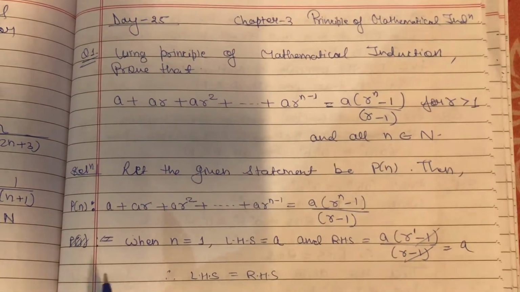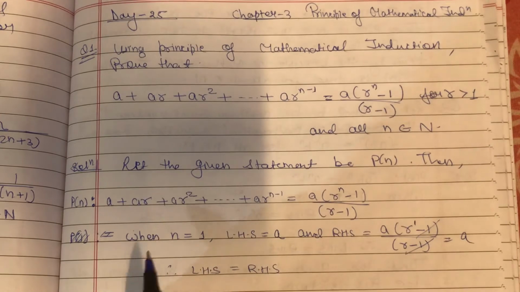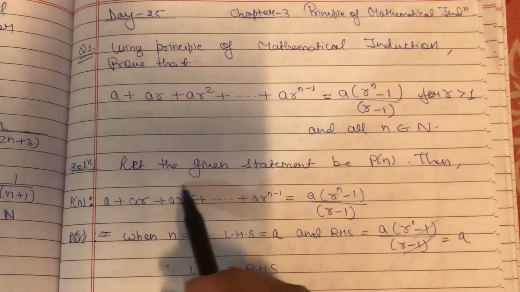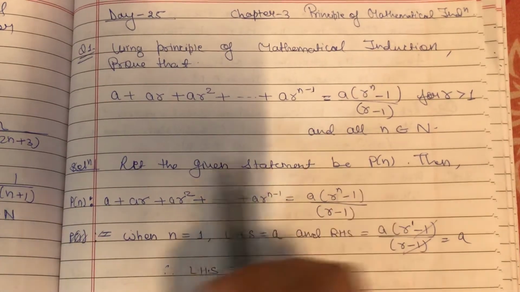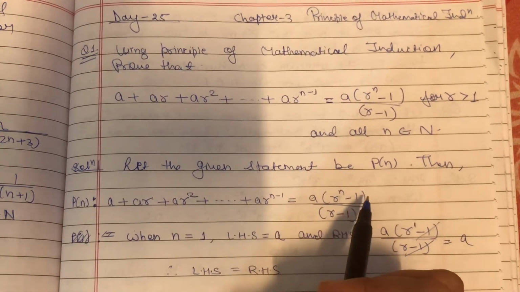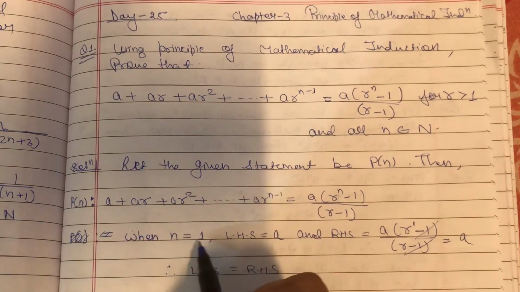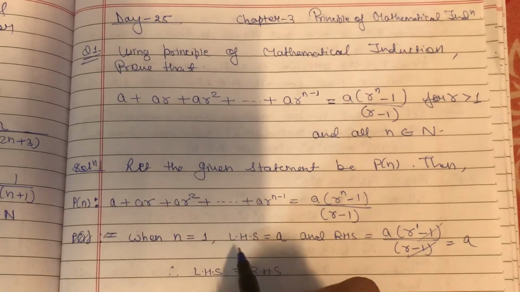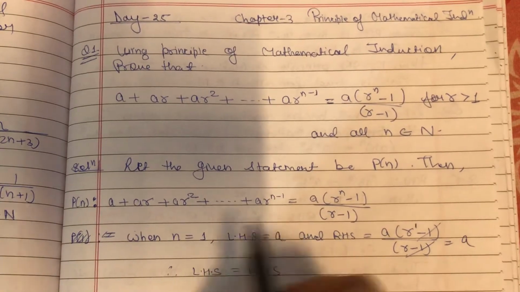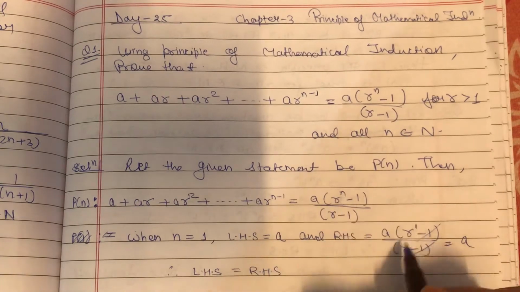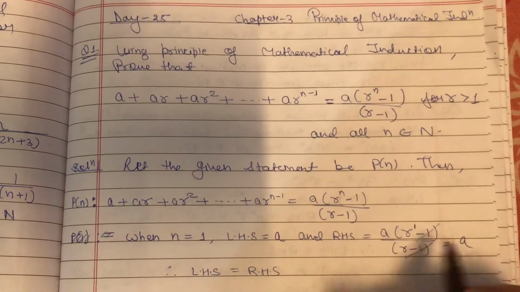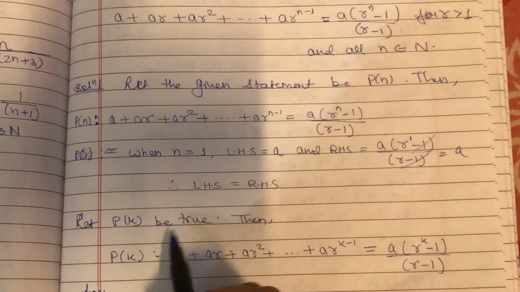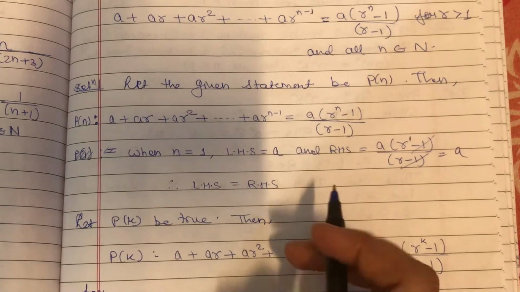Now see how we are going to prove. As we know the three basic steps, whatever this given expression is, I take it as the principal statement. So let the given statement be Pn, that is my principal statement, such that this equals this. Now I have to test for 1. So for n equals 1, n equals 1 means only the first term from the LHS, so LHS equals a. For RHS, in place of n I am going to put 1. So if you cancel out, you will get a. Therefore I can see that LHS is equal to RHS, so I can say that P1 is true, right?